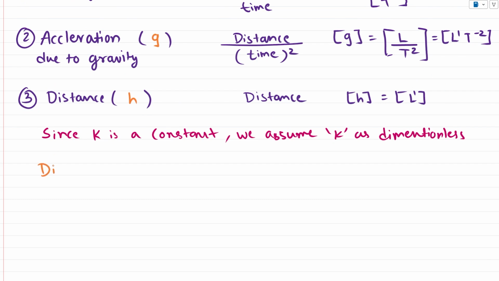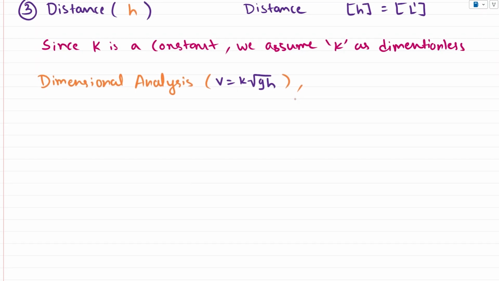So now that we have said that k is a dimensionless constant, now let's get to our dimensional analysis of the expression, v is equal to k into root of g into h. So from this expression, let us calculate the dimensions of LHS. सबसे पहले we are calculating the dimensions of LHS, because dimensional analysis का point यही होता है कि all